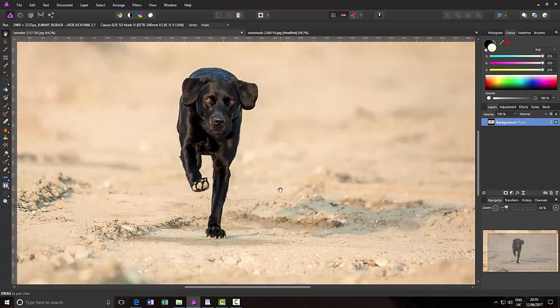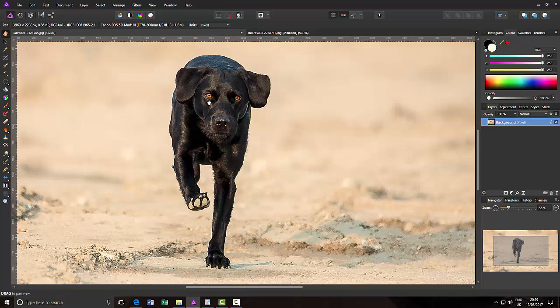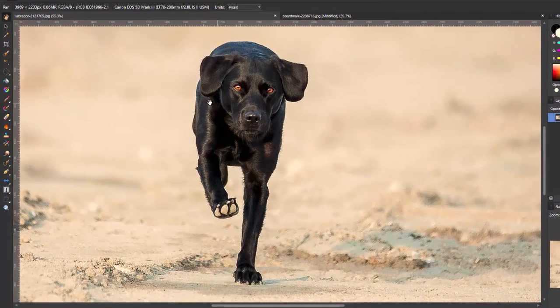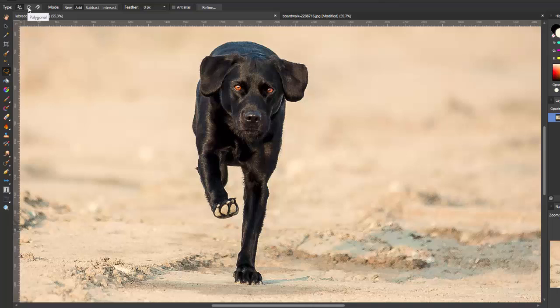So first thing we need to do is to cut out this dog. Now in the Photoshop tutorial he uses the pen tool, which is a tool that I really do not get on with that well. If I was going to do it sort of properly, me personally, I would use the freehand selection tool and then go with polygonal. But just for speed here, I'm going to go with the flood selection tool,